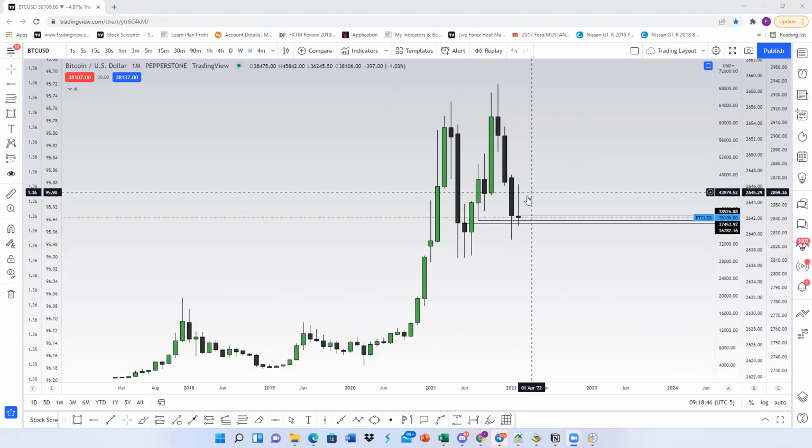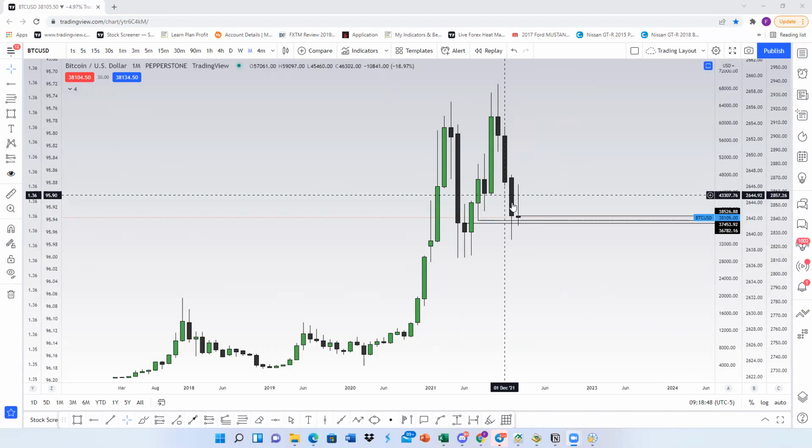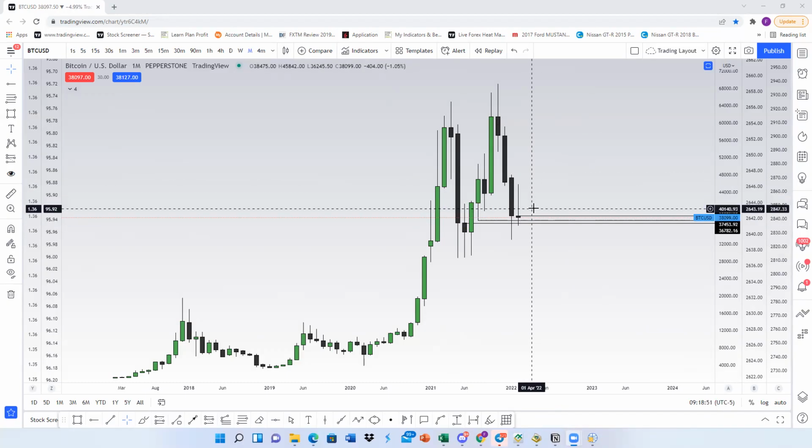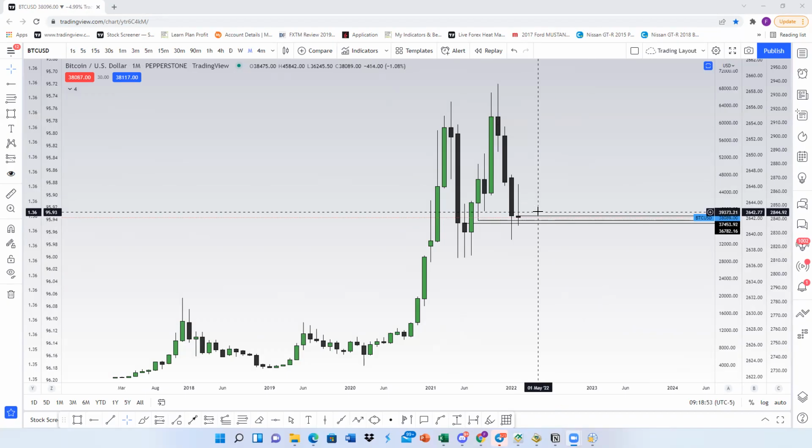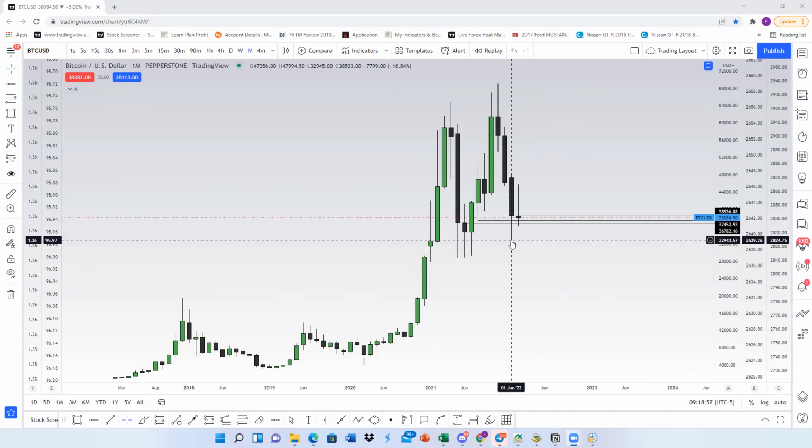If you are going to take a sell inside of this month, where are you going to be targeting? You're going to be targeting the previous month's low. Where's the previous month's low? Here. Then, how do I know it's going to stop there? I don't. What I can say is,